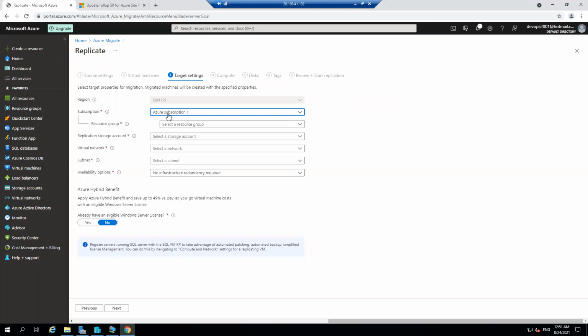Click next. Now this is where you define your own Azure portal information. So I want this VM to be in resource group East US. That's why we created the storage account and virtual network, and the subnet is default. And I don't want any redundancy. And then